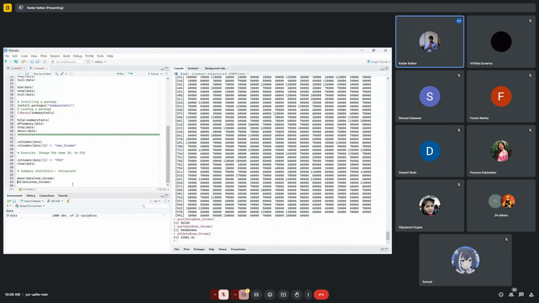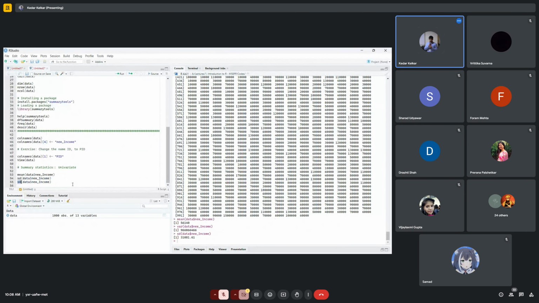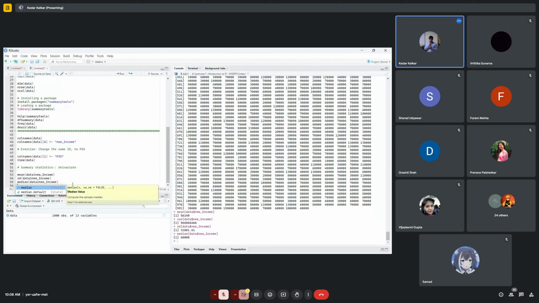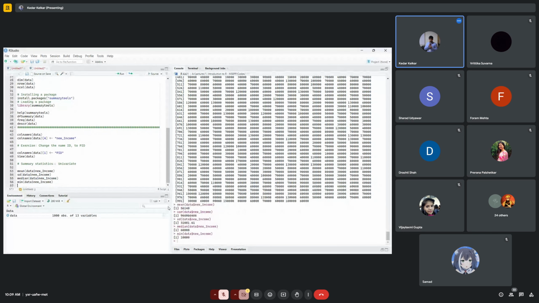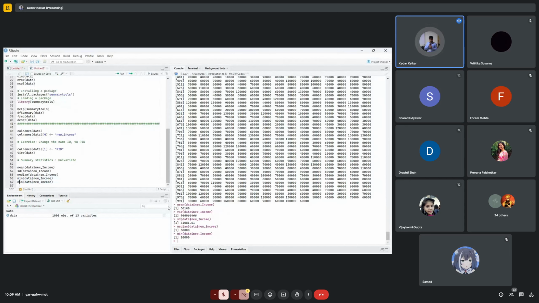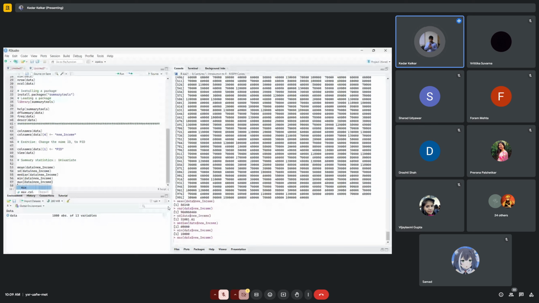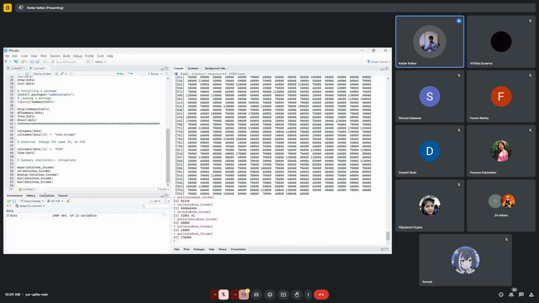Median. Similarly, I can do minimum, maximum, everything I can do. Minimum has come, maximum has come. So whatever functions that we have done in the past, we can use all of that